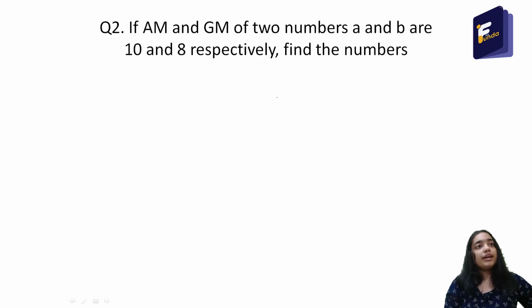Now let us solve a small question. If the AM and GM of two numbers a and b are 10 and 8 respectively, find the numbers. So we are given that there are two numbers a and b, their arithmetic mean is 10 and geometric mean is 8. You have to tell me what those numbers are. You may pause the video and solve this question. Okay, so the answer to this question is,